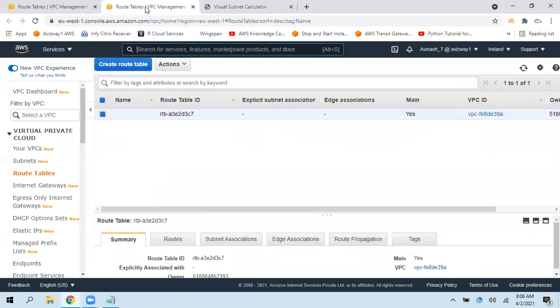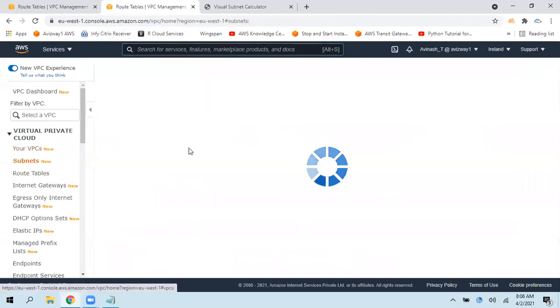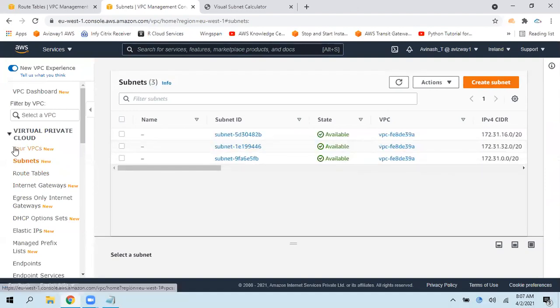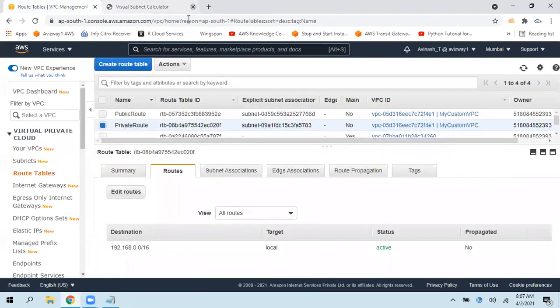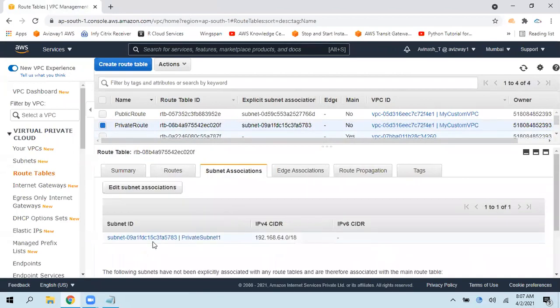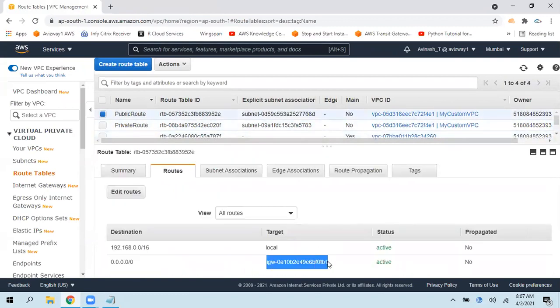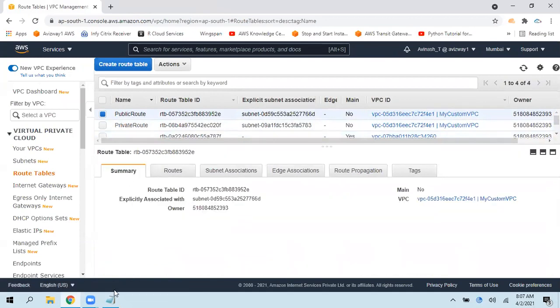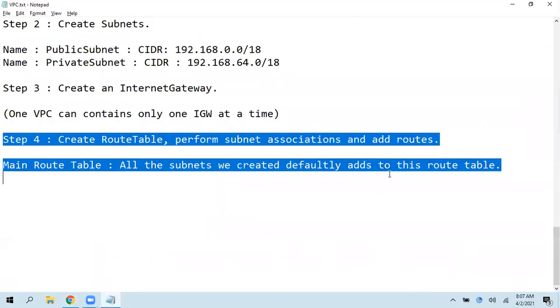So this is one, and this is the island region. Do I have subnets? No. Okay, so that is one simulated to one of the production environments, guys. So this private route, as we don't have any route via internet gateway, is not an internet facing one, but this one has a route via internet gateway, so it will get internet and all. So any questions on this step 4?